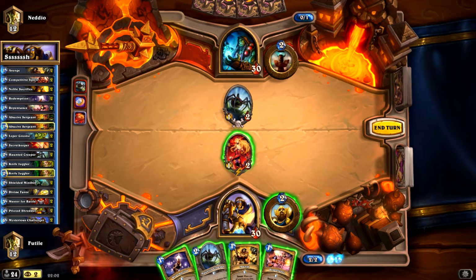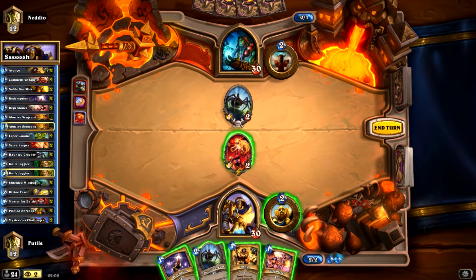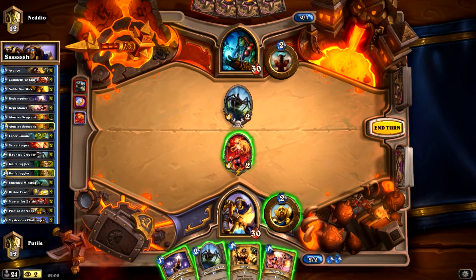So, which 2 secrets do we want to play here? We could play Repentance and Redemption, which means our Secret Keeper's going to come back, but only with 1 health, so it'll come back as a 1/1. That doesn't seem great. I'd probably play the Redemption and the Avenge if you're going to play 2 secrets instead of Haunted Creeper. Do you think playing the Haunted Creeper's a better play? I'm not sure, because he can't actually kill with the Secret Keeper at the minute. And actually having the thing on there for next turn...